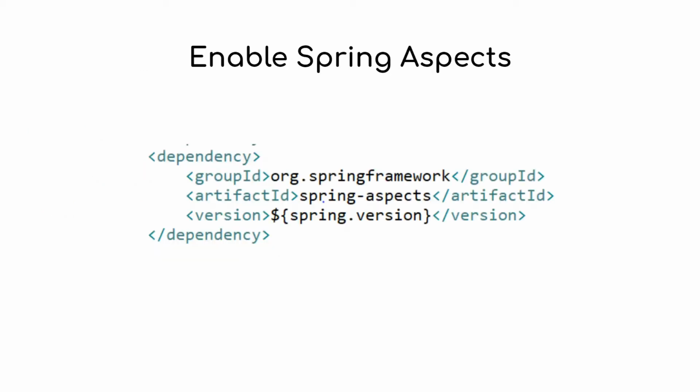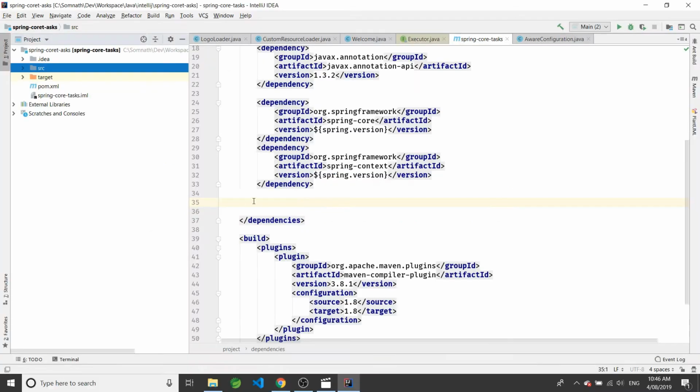In this video, we are going to prepare our development environment for Spring AOP. So in order to use Spring AOP, we need to add the following dependencies in our pom.xml file so that Spring can download the relevant jar files and we can do the coding. So let's head over to IntelliJ and add this dependency.